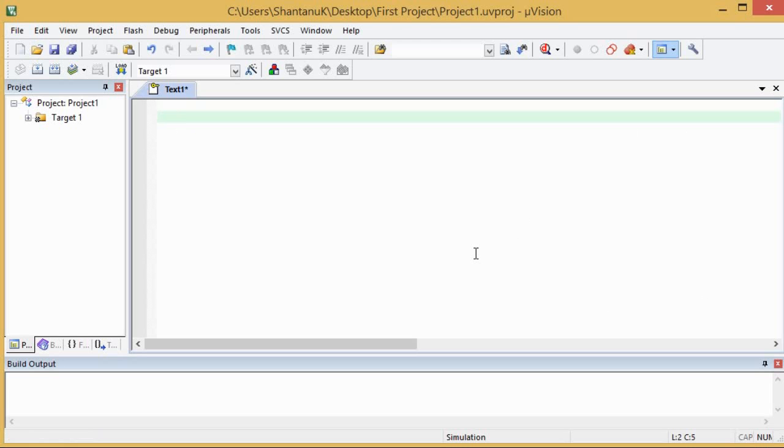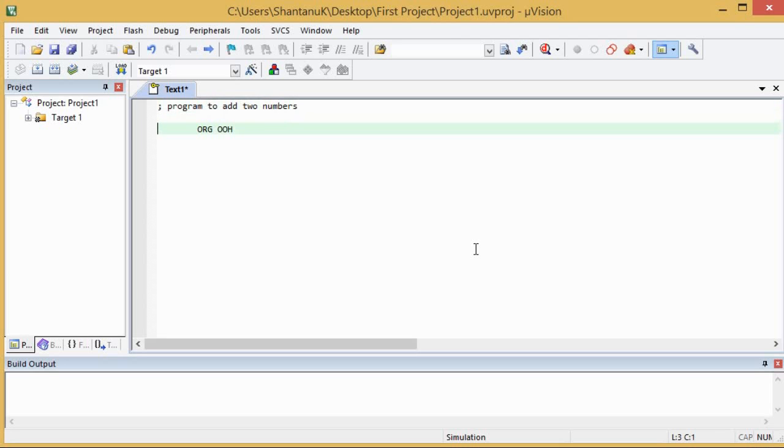Here I will write ORG 00h. Let's say we are adding two numbers. Program to add two numbers.